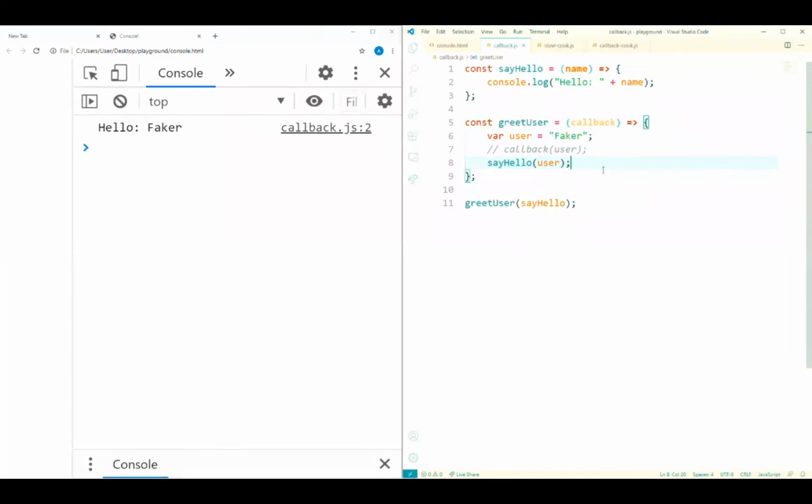Josh asks, what if we don't know the number of parameters for the callback function? Yes, this callback thing requires you to know the number of parameters. If you don't know, your code will probably shout at you when you run it.